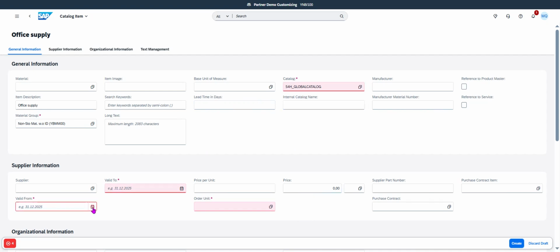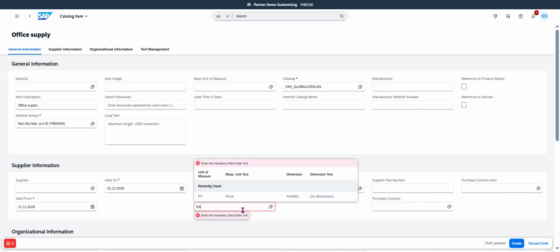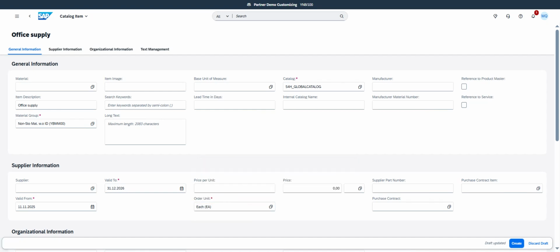So I define from today and the end of the next year. Okay, what do you need? Material group okay, item description okay, catalog okay, valid, price per unit, order unit,